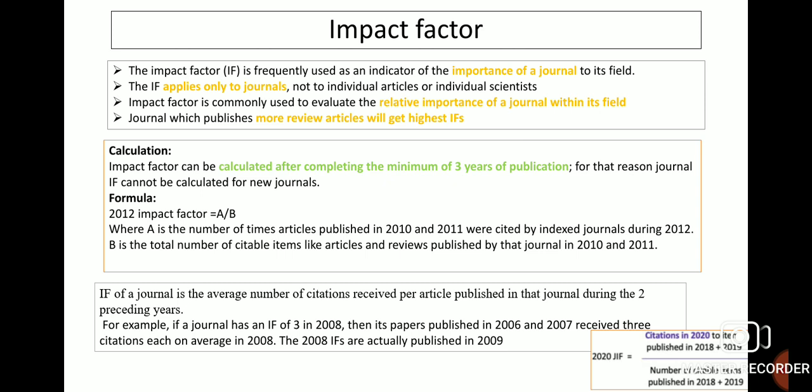The 2008 impact factors are actually published in 2009. So for example, the 2020 journal impact factor equals citations in 2020 to items published in 2018 plus 19, divided by the number of citable items published in 2018 plus 19.